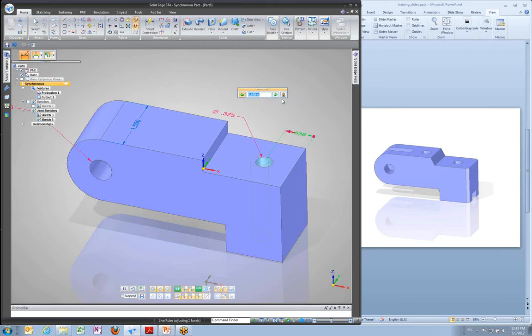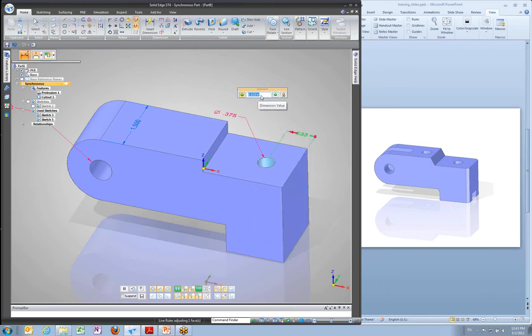Keep in mind, if you pick the wrong thing, you've also got these two arrows, and this is called directional dimension control. This is really nice because basically what you're saying is, accommodate this dimension by either moving one face or another, and it'll highlight to show you which face it's making. So the lesson in Synchronous is that when you're adjusting a dimension, make sure you see what face is highlighted